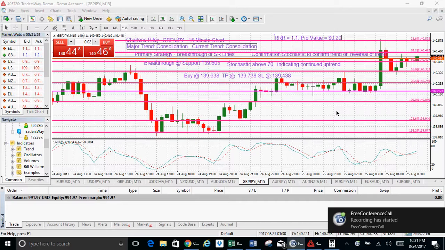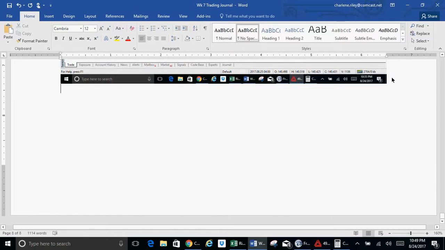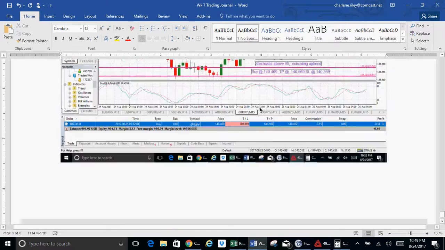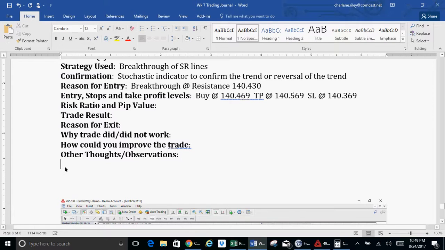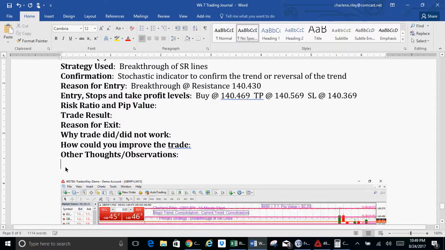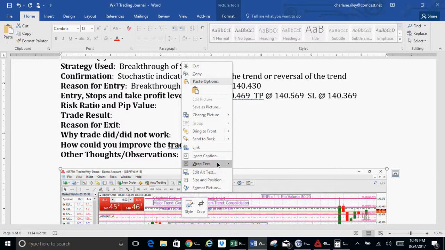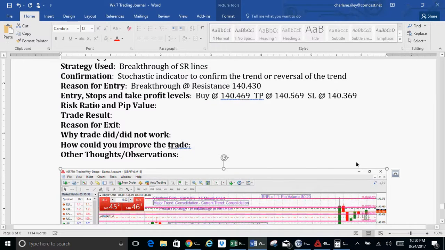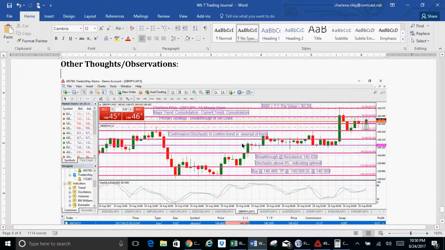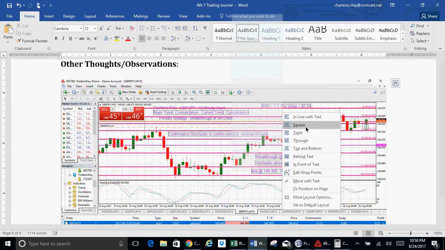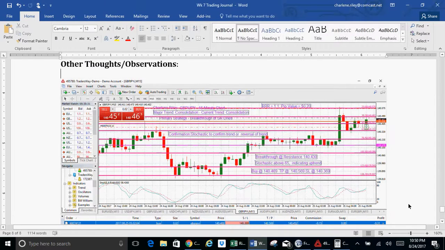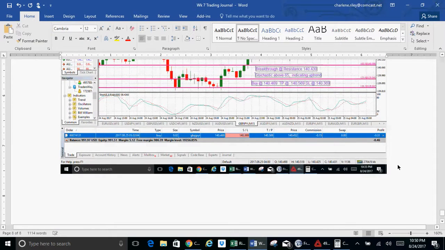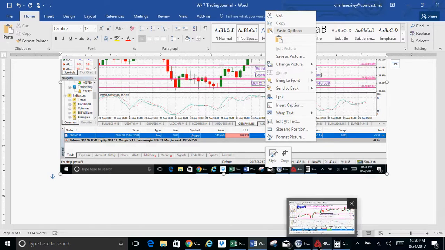Okay, so we are on the British Pound JPY 50. Stop